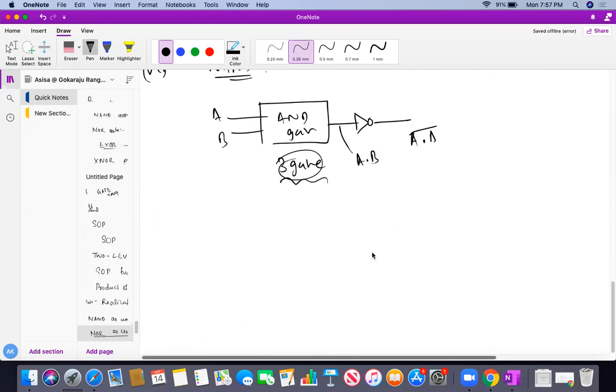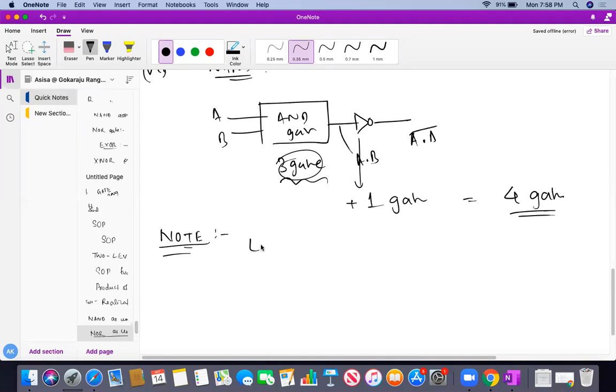So very simple, I just require 3 gates, and for the inverter I require another 1 NAND gate. So 4 gates are required. Okay, understand, students? Very simple. We require 4 gates. Some very important points I just have to make. Because we are going to use them many times, please try to understand.